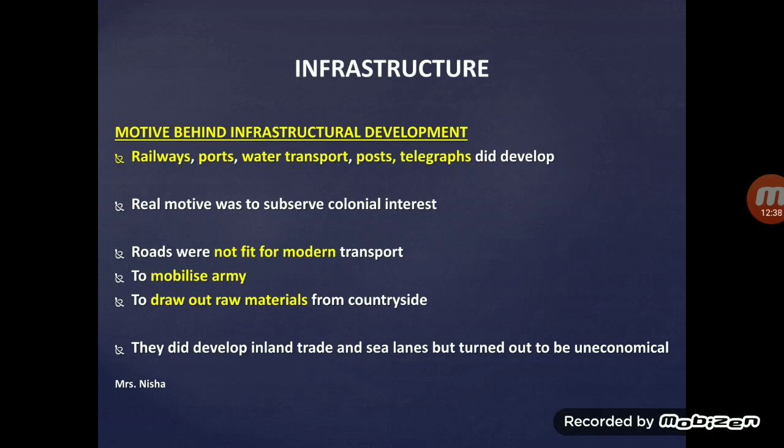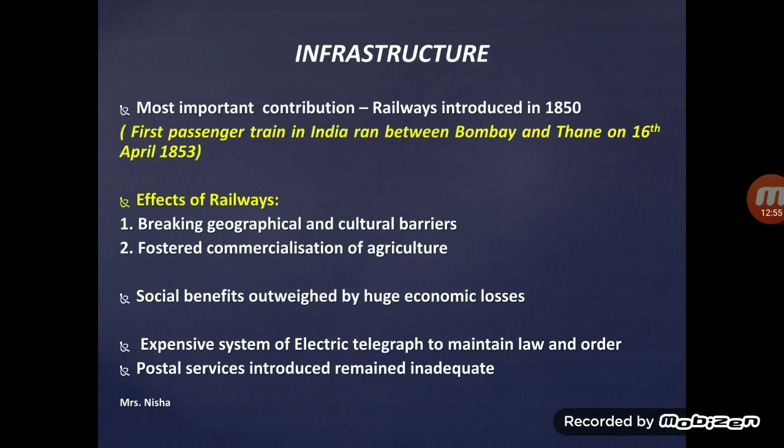Now this canal was built at a huge cost to the government, but it failed to compete with the railways. So obviously people would prefer railways rather than this canal for transportation. Another important thing, the most significant contribution that the Britishers had made was railways. Railways were introduced in 1850, and the first passenger train in India ran between Bombay and Thane on 16th April